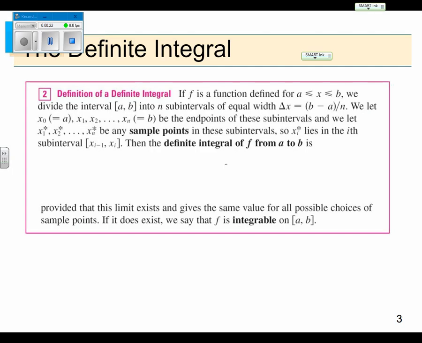Okay, let's talk about the definition because I haven't seen this definite integral word before. It says if f is a function defined for x between a and b, we divide the closed interval ab into n subintervals of equal width, delta x, which can be defined as b minus a over n. And we let a be one endpoint and b be the other endpoint of these subintervals, and we can do sample endpoints. Don't get caught up with all this notation stuff. I want you to know that everything's going to be very similar to what we did last week. All right. And so the definite integral from a to b